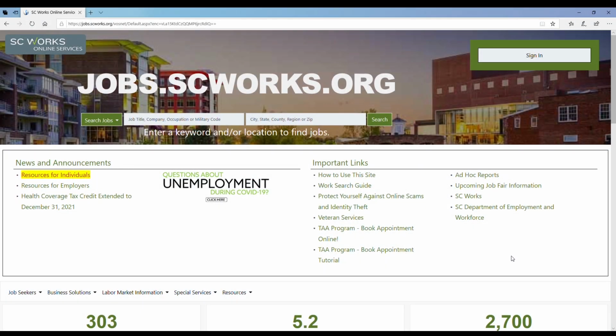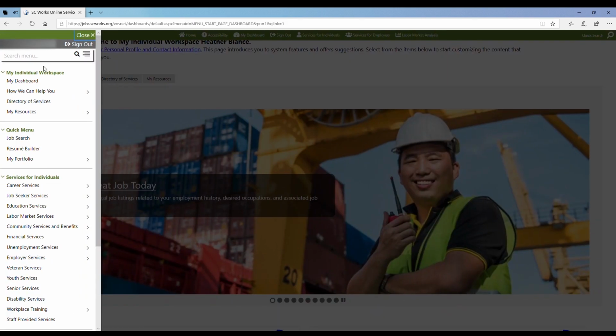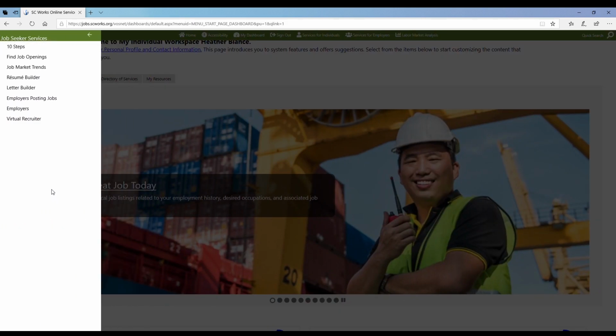Claimants are required to complete 2 weekly job searches in their SCWOS online services account in order to remain eligible for unemployment insurance benefits in South Carolina. Claimants simply need to log into their SCWOS account, search for a position or industry they are qualified for,